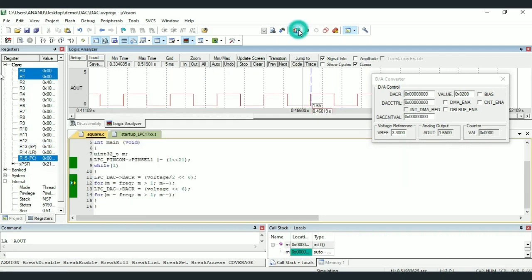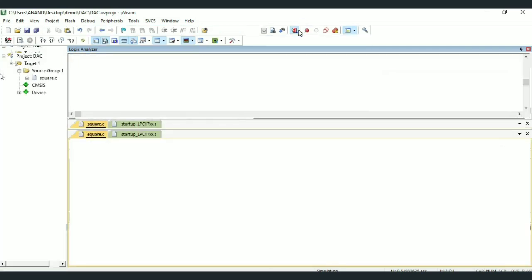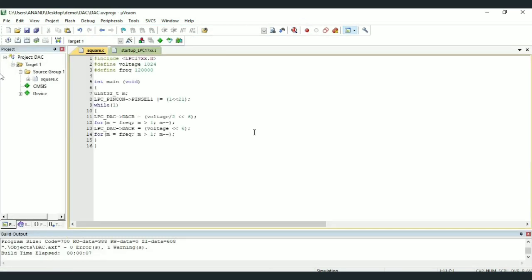Now to understand the code, which is very simple, let us come out of debug mode. It has #include LPC17xx.h, which is a preprocessor directive. Then we have a parameter VOLTAGE with value 1024, and another parameter FREQ with value 120,000.